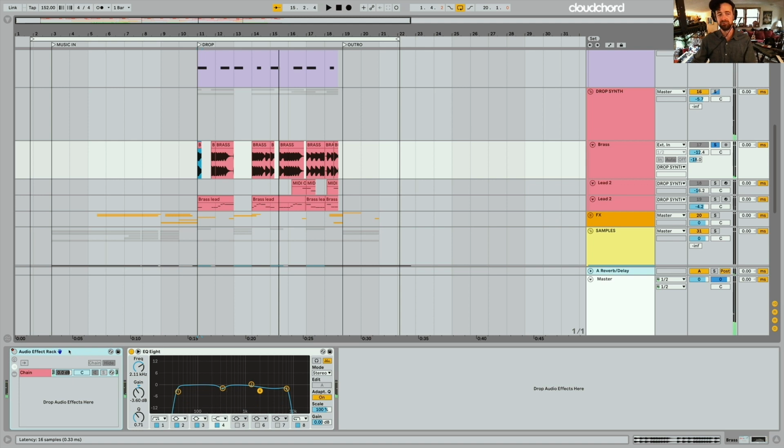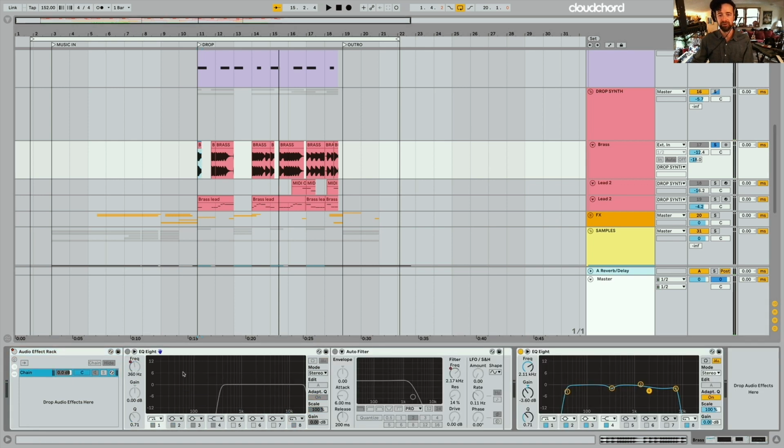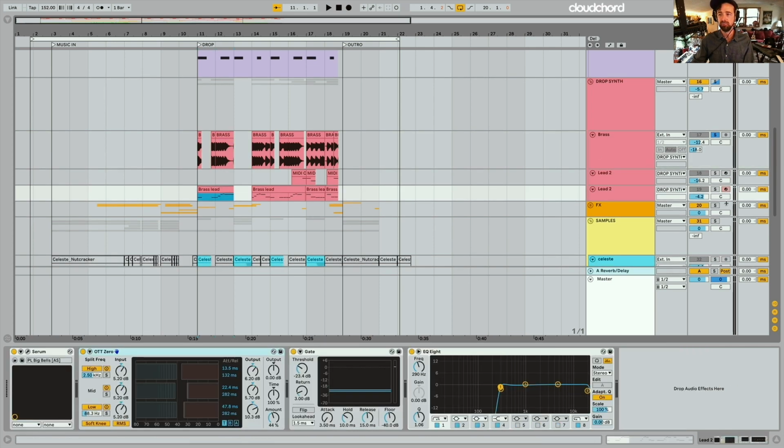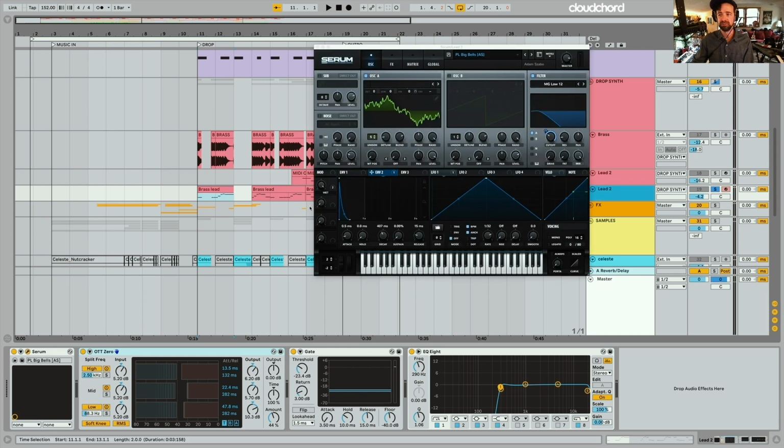I was initially trying some filtering with it with this audio effect, but I decided not to, and I just turned it off. But that is that sample, and then I doubled it with this instance of this Serum bell lead, which sounds like this. So together,